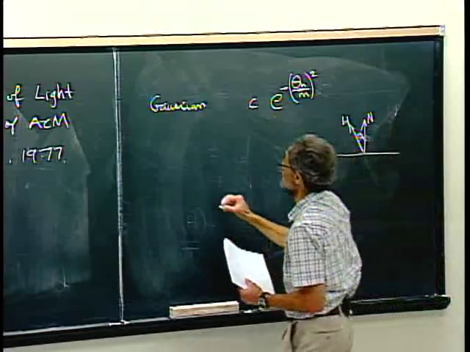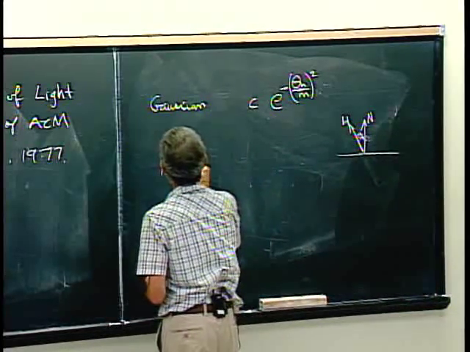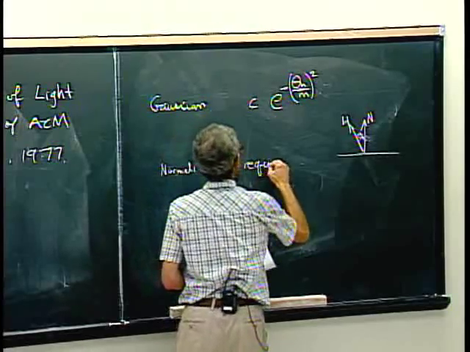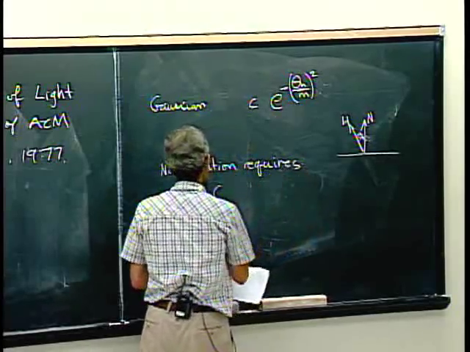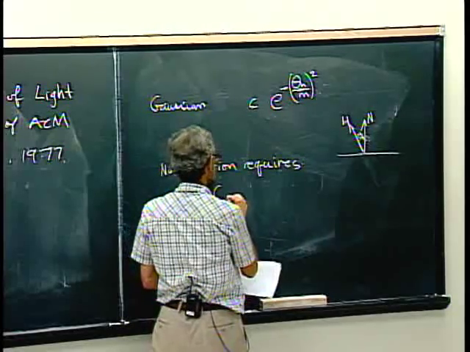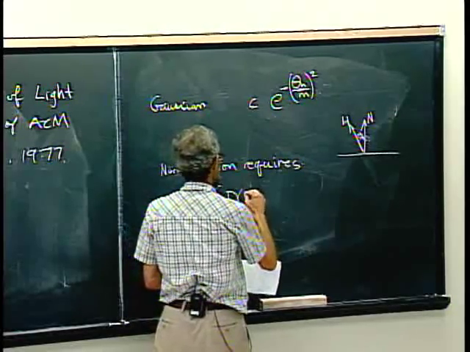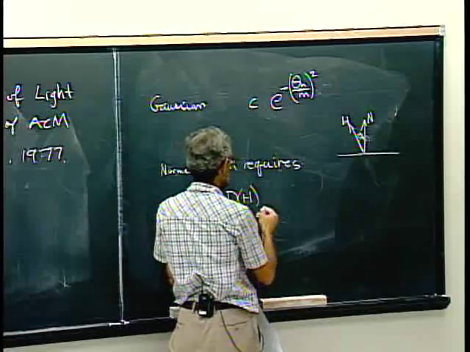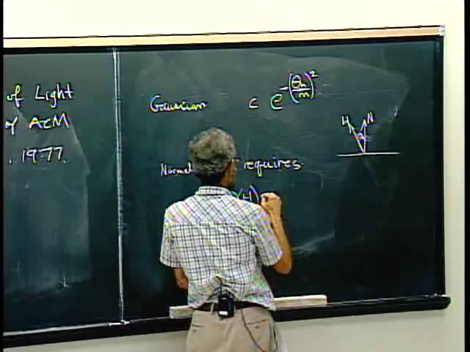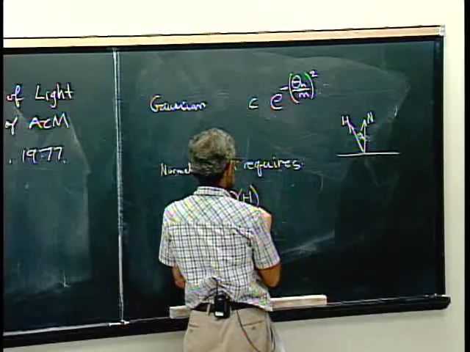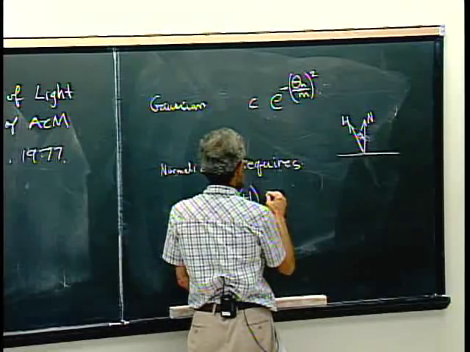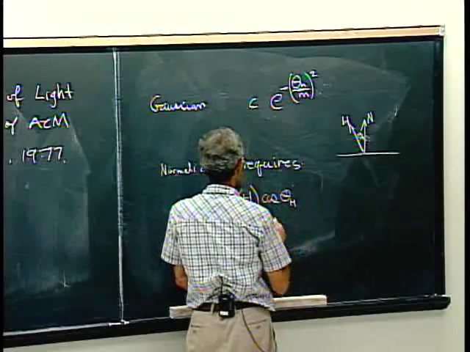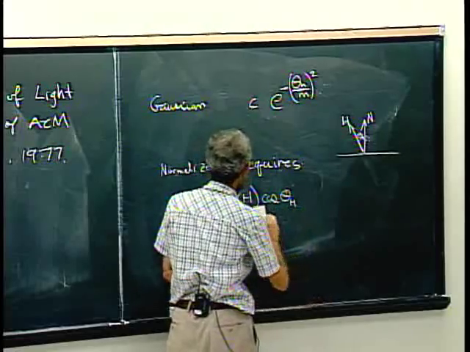So for normalization requires that the integral of the facet area density, this is the true area, times cosine theta h. So this density of theta h